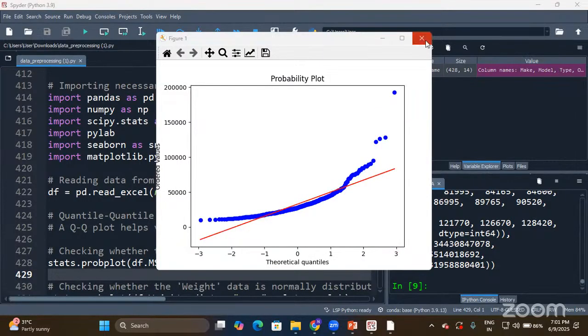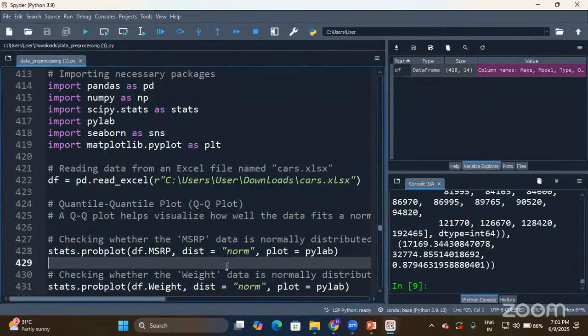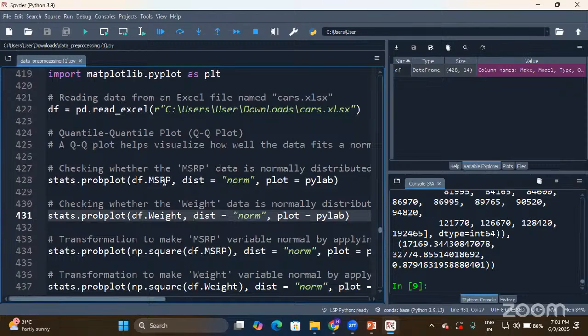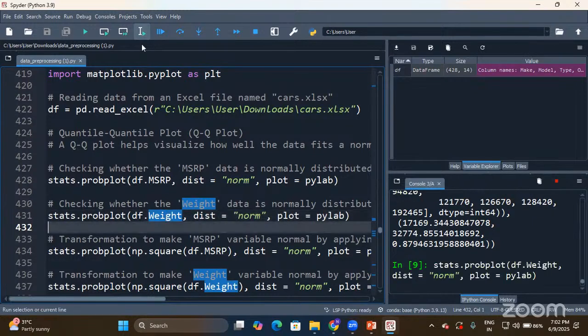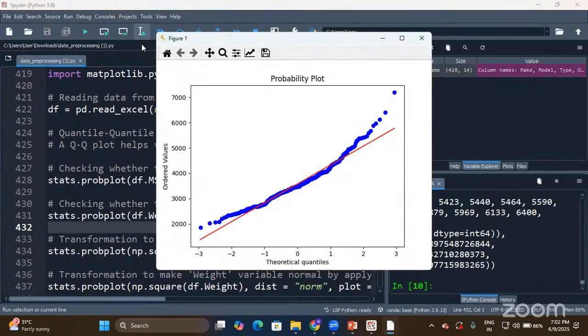So let me show you a few more examples. The same code, but which column is it? It is the weight column. I am going to visualize the QQ plot on the weight column. You see here? This time, yes, under weight, it is better than MSRP. Because at the ending and at the starting, I see the scatter is away from the red line,